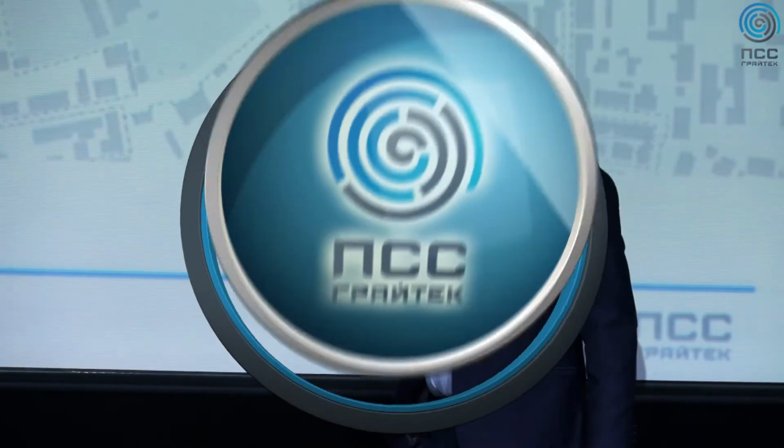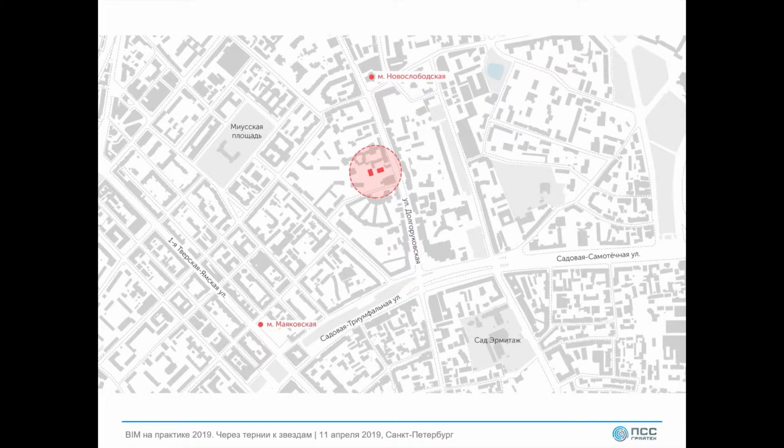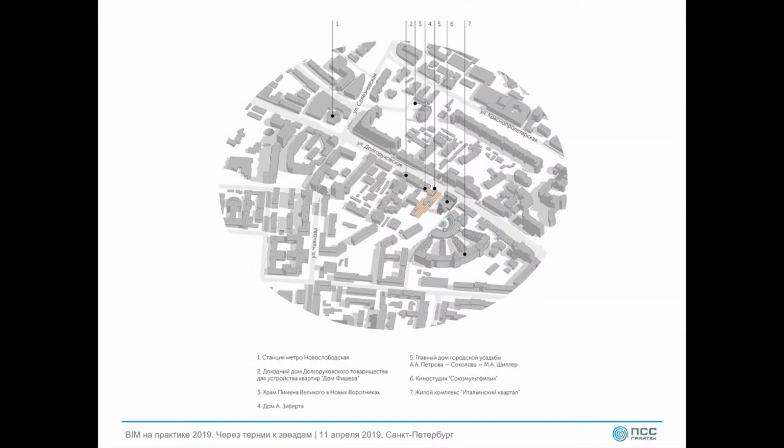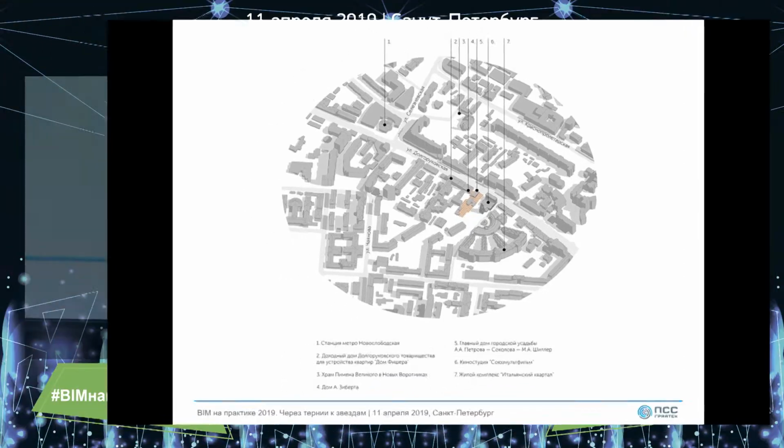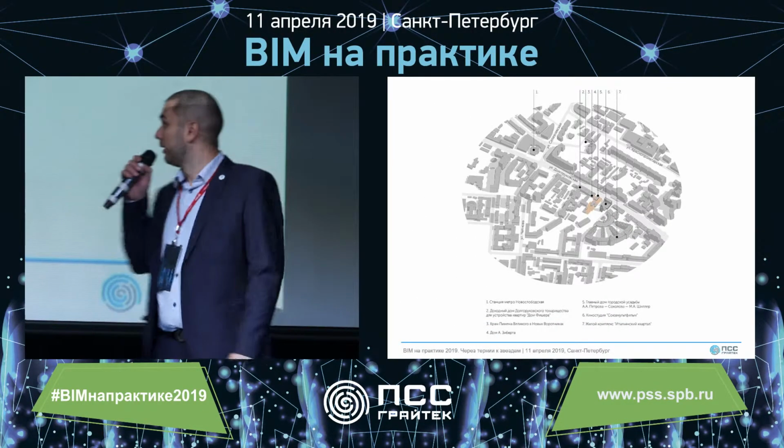I'm glad to welcome you all to our conference today, and I would like to tell you about our experience in using BIM360 as a unified environment involving stakeholders for building a hotel at 25 Dolgorukovskaya ulica in Moscow. This is the location of the site of the facility. It is located between Novoslobodskaya and Mayakovskaya subway stations, and its key feature is that we need to integrate it into the existing development of the city,